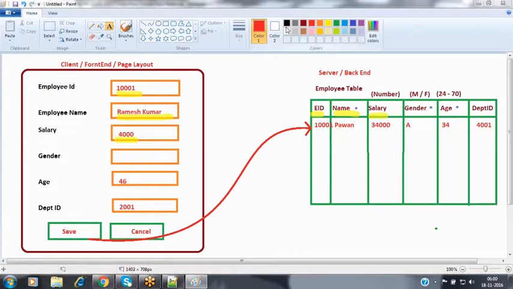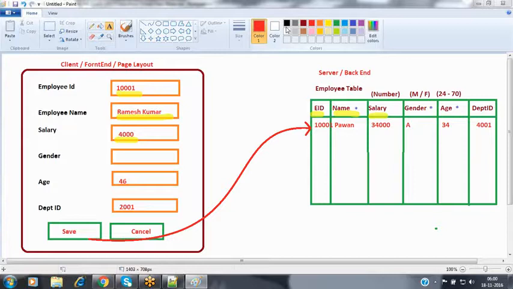So now in this kind of scenario, we have to prepare some conditions, and then we have to fire those conditions before saving the record into the associated table. As soon as you click on the save button, those conditions automatically have to fire. It has to verify whether the user has entered the data in all these fields or not. For that, I want these validation rules to fire on the client side itself. Client means the browser which we are using to access that application. At the browser level itself, we are going to be validating the data.